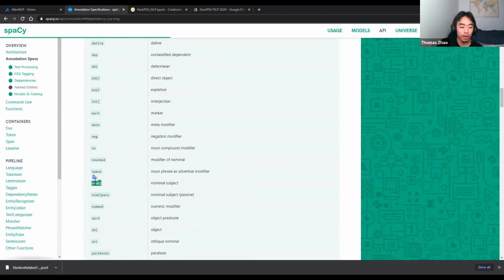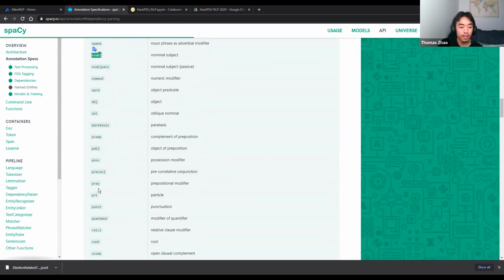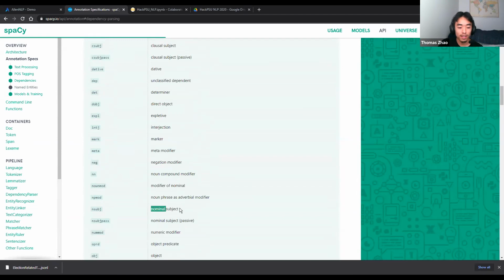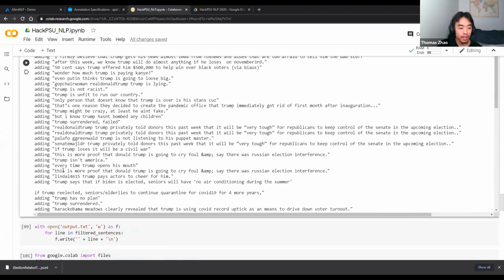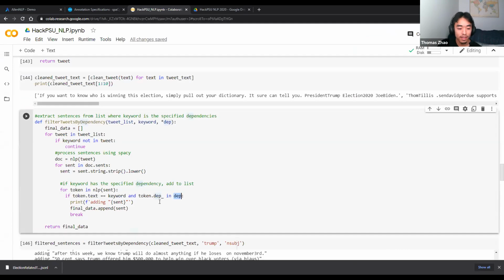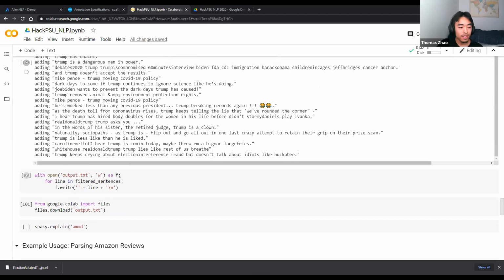I don't want the word when it's, for example, being used as a verb or being used as the direct object. I want it as the subject of the sentence. And so that's why I'm filtering by the dependency here. You can filter by whatever you want in your own applications. For example, you can filter by part of speech. If the word is a verb or a noun, you can filter by that. Okay, so it looks like it's done filtering.